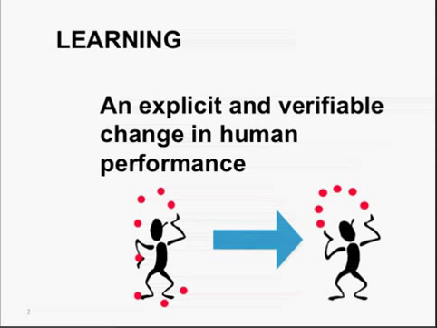juggle. Now this might be a little bit different than the way we've thought about learning, say maybe as a purely internal mental exercise. And we're not saying that that still exists. We're going to suggest that as instructors and instructional designers, we want to figure out a way where learning can be in fact verifiable. And that would require some sort of behavior that's observable. So that's kind of what we're looking for. That for learning to have occurred, we're looking for an explicit and verifiable change.